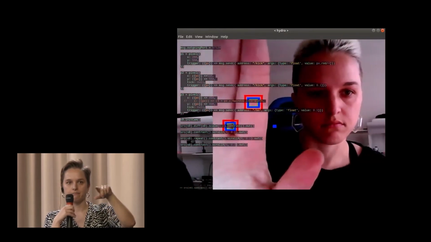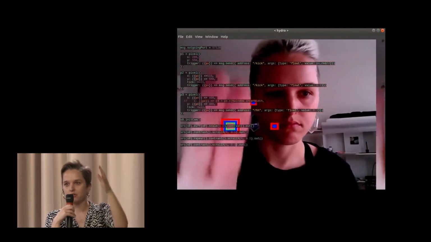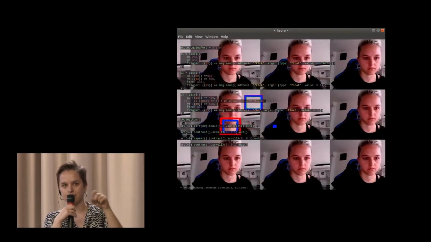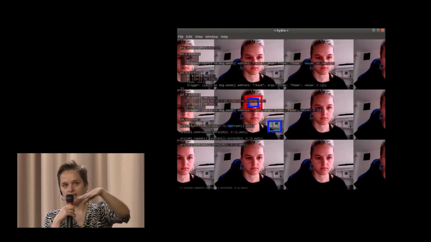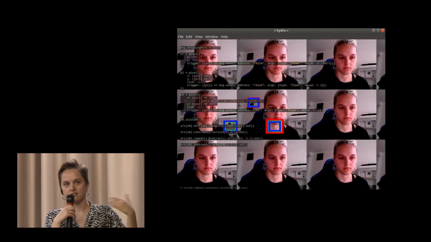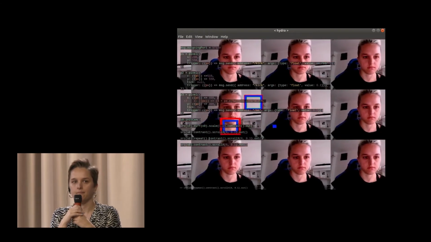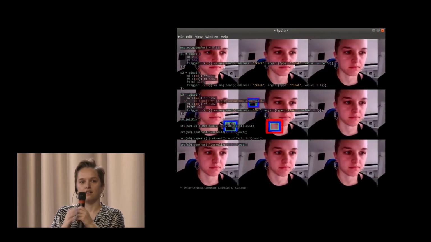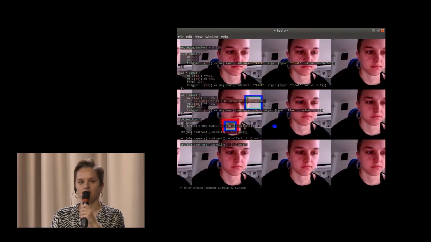There's no actual motion tracking or anything like this, but then I'm able to control the image while the samples are playing. I'll just let it play for a sec.